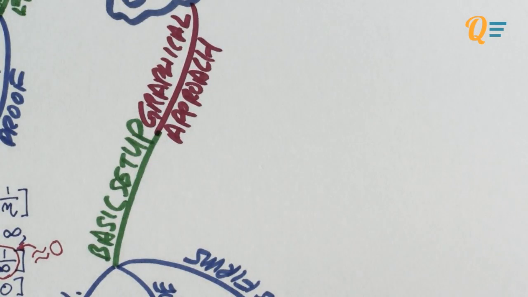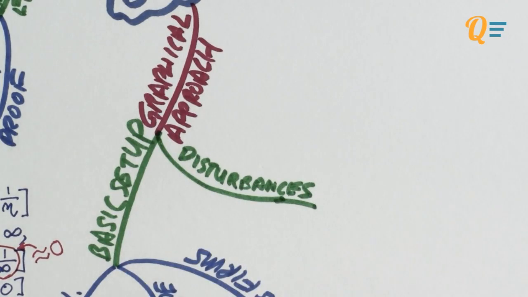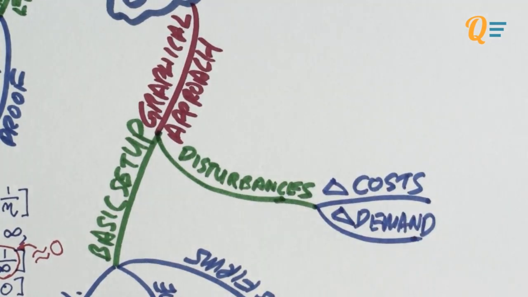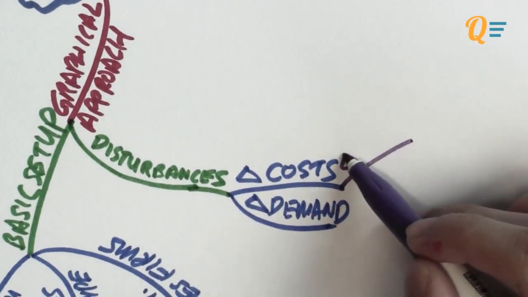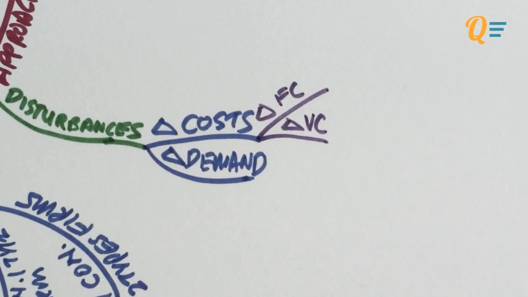Now, let's talk about the different types of economic disturbances that can happen to the perfectly competitive model. There are actually two very basic types of disturbances, basically a change in cost and a change in demand. Let's talk about the change in cost first. As discussed in chapter 3, you can either have a change in fixed cost or a change in variable cost. Now, at this point, if you're not confident about the cost curves, stop the video right now, go back to chapter 3 and revise on how the marginal cost curve and the average cost curve move when you've got changes to fixed cost and variable cost. If you don't understand that, this video is of no point.